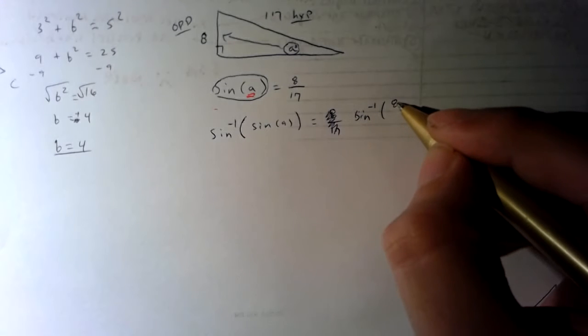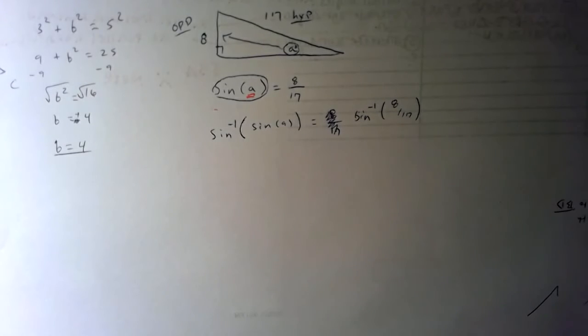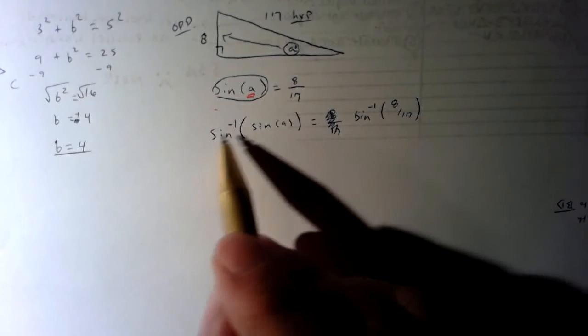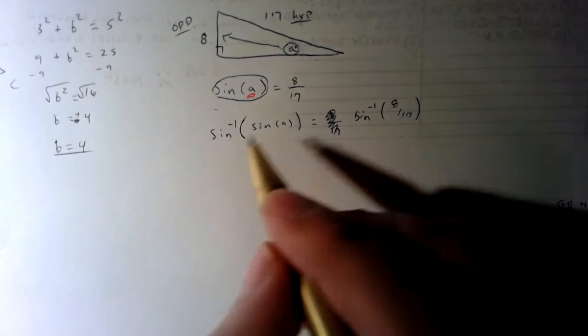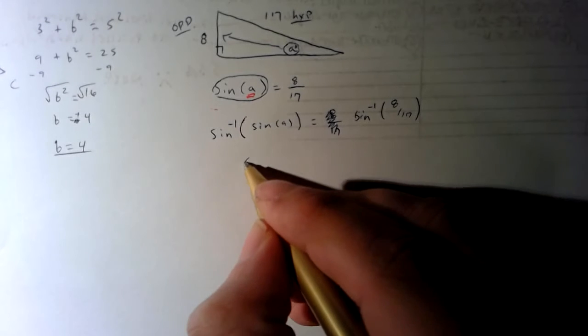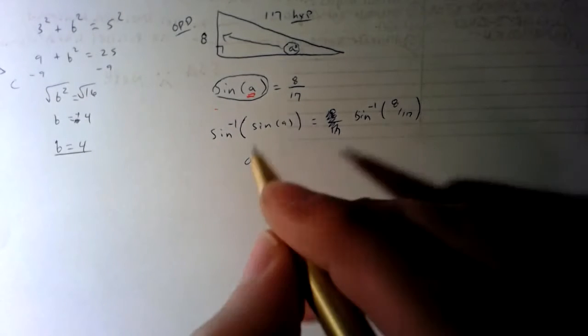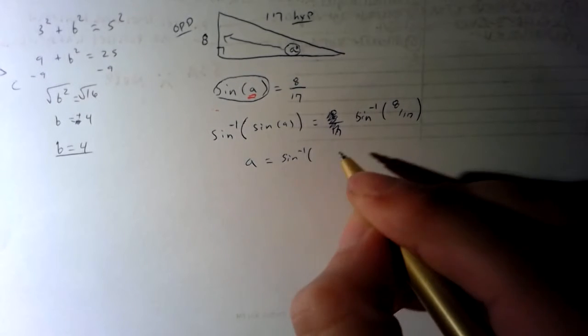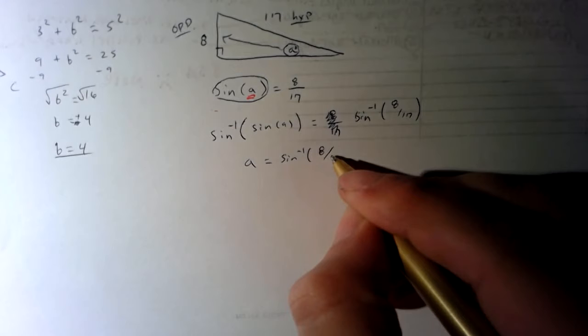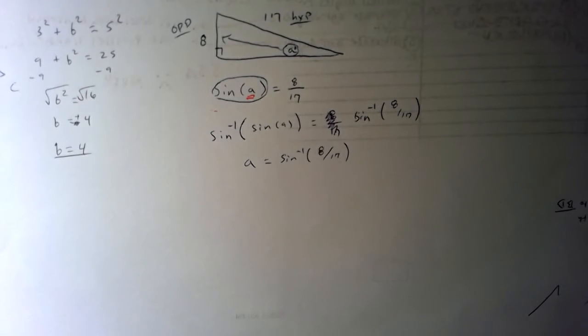And that one was 8 over 17. Of course, we took the inverse sine of the left, so we have to take the inverse sine of the right side. So this whole thing cancels out, and now we just have A equals sine inverse of 8 divided by 17. Once we get to this step,